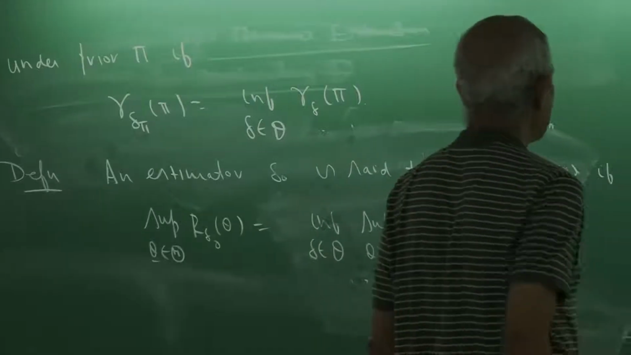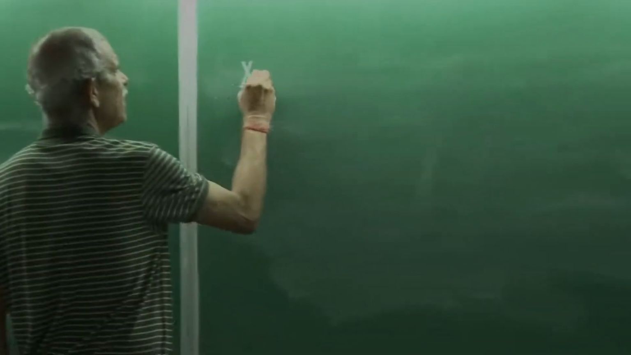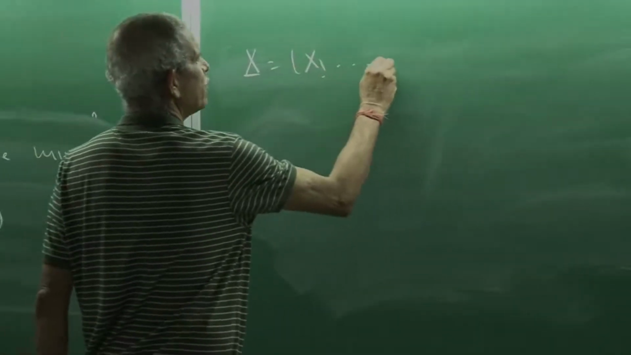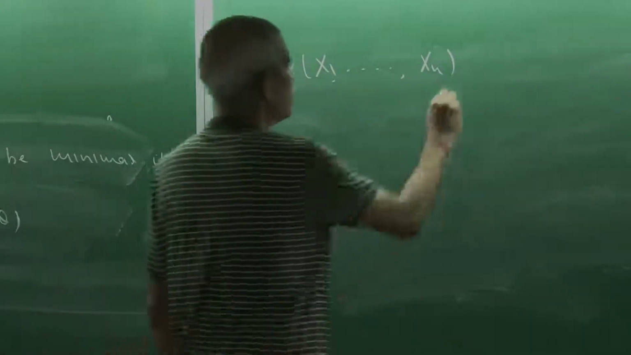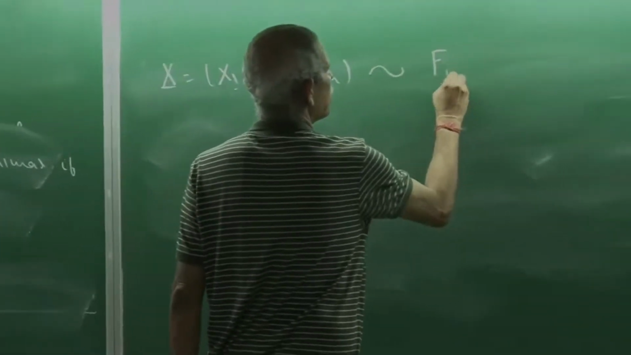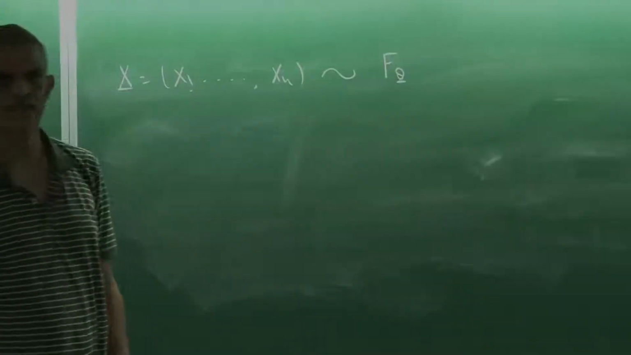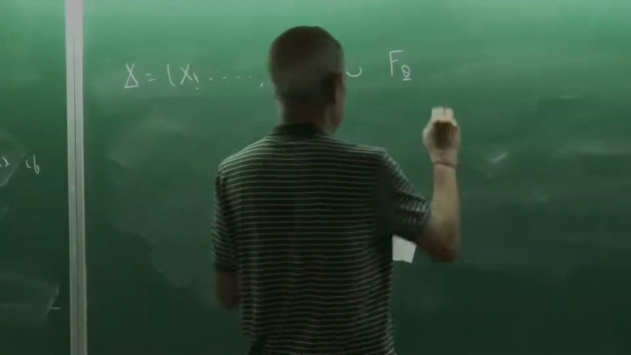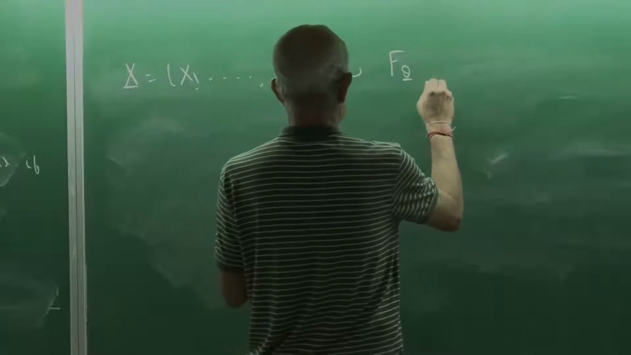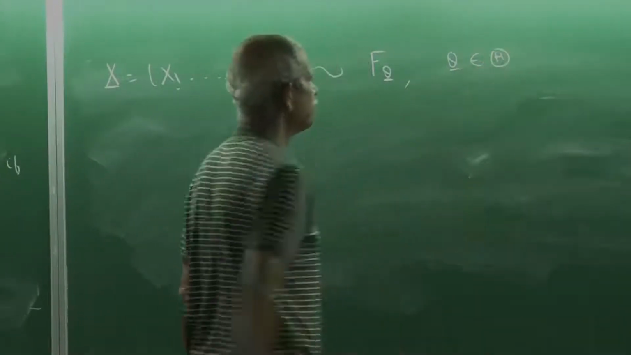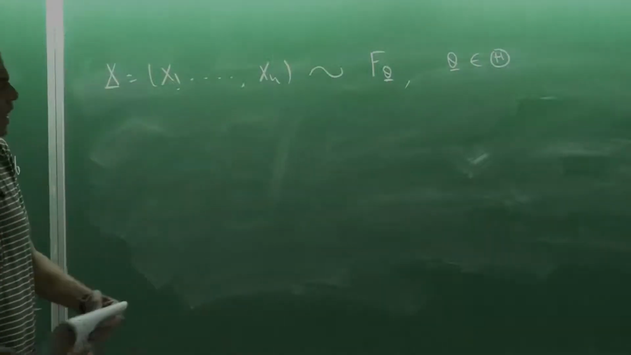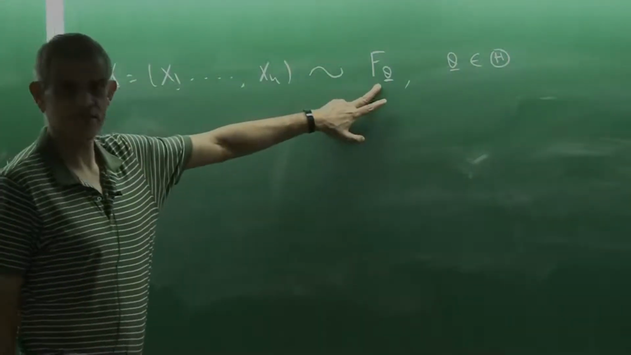So now let us look at the scenario. What I have is x1, x2, xn, which has a known distribution function f theta, where theta belongs to capital Theta. So it says, given the true state of nature to be theta,